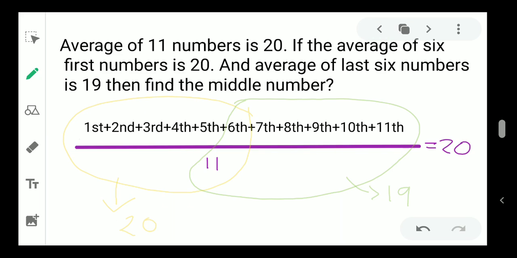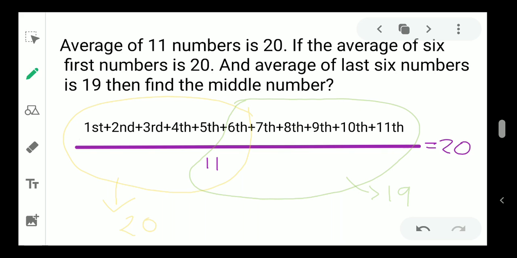Okay, so this was an interesting math, and now we are moving to our next math, which is very complicated, a little bit tricky, and very interesting and challenging. What is the math? The average of 11 numbers is 20. If the average of the first six numbers is 20 and the average of the last six numbers is 19, then find the middle number. So we have to first understand the math. See how I have thought of it. I have first written a total of 11